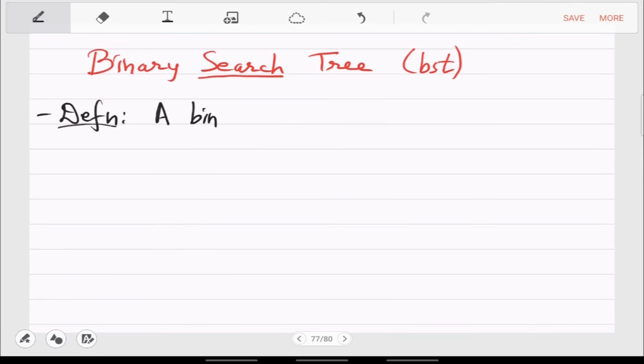So was this done in ESC 101 or online? Binary search tree. Yeah, the way we invented trees, sure. But that we now want to impose on any tree structure. Any binary tree we will call a BST if this happens. So a binary tree T will be called BST